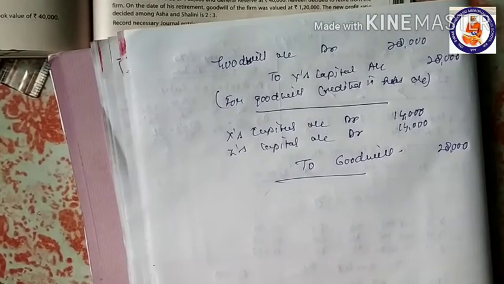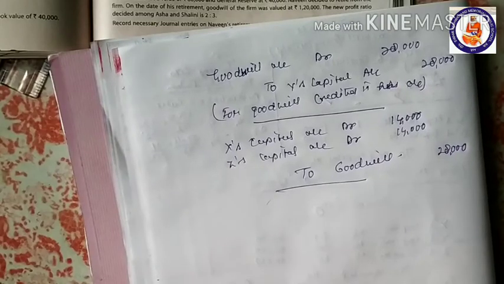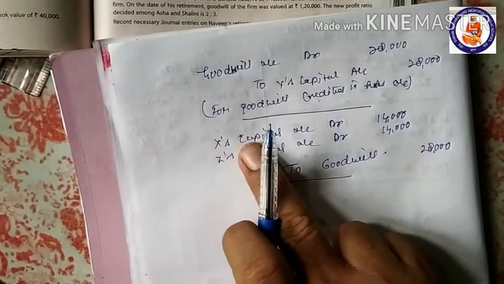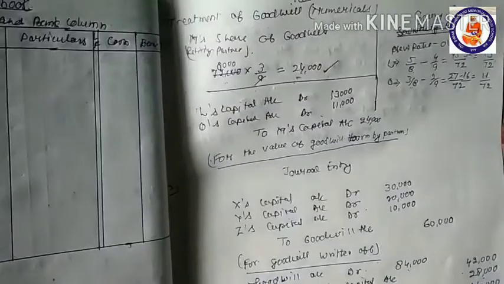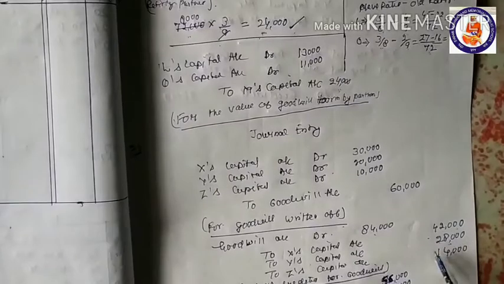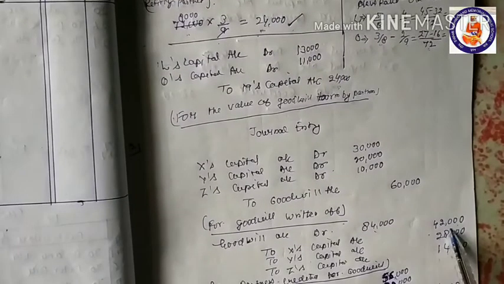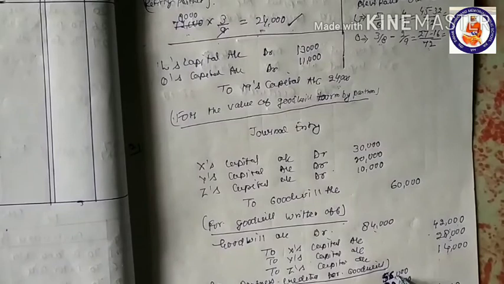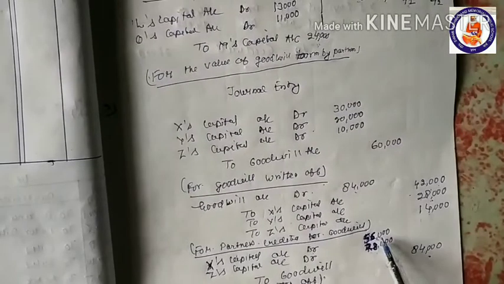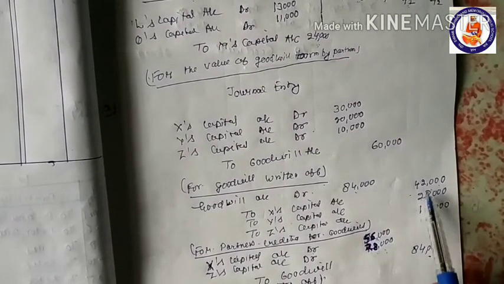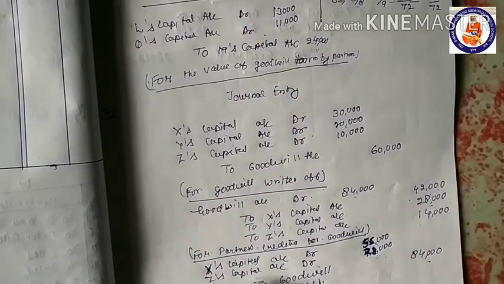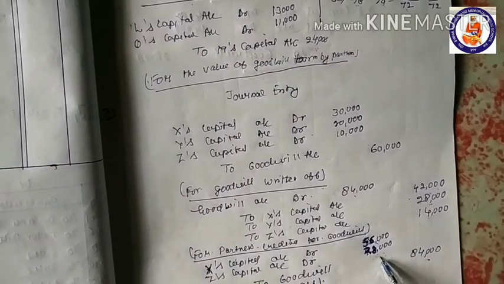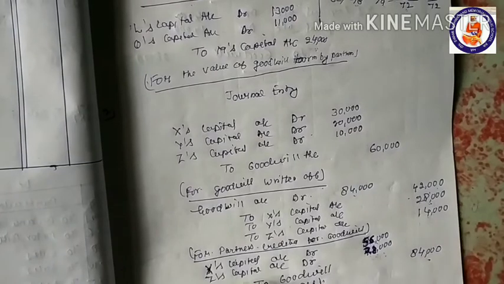So here we can see the effect is the same. Finally X and Z are debited with 14,000 each. In this question also the same happened. 42,000 earlier they were credited, 56,000 debited. So finally, X is debited 14,000, and Z was credited 14,000 and debited 28,000, means net effect is 14,000 debit to Z's account.